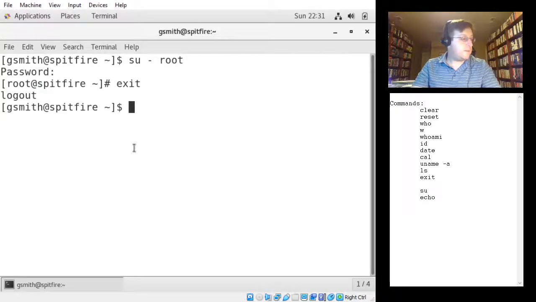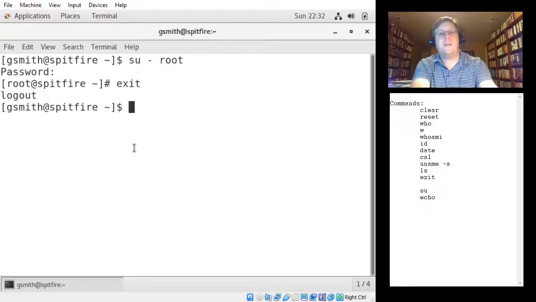The other thing that I want you guys to see is this idea of something that is called a shell metacharacter. Metacharacters are characters that are not going to be interpreted literally. So I think the easiest way to explain what this is is just to go ahead and demonstrate what they are. But there's a whole bunch of different shell metacharacters that the book lists. I'm not going to go over every one of them here because I think that would just be kind of boring. But what I want you guys to see is that